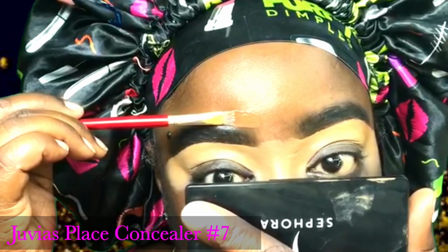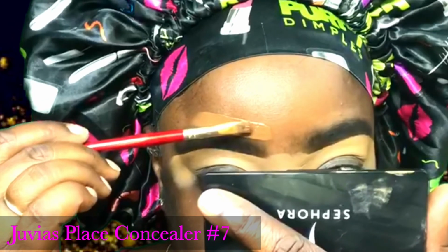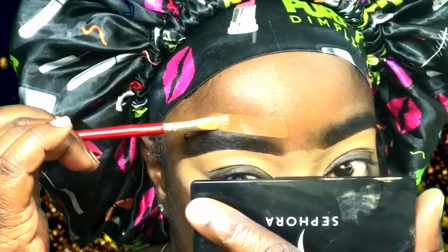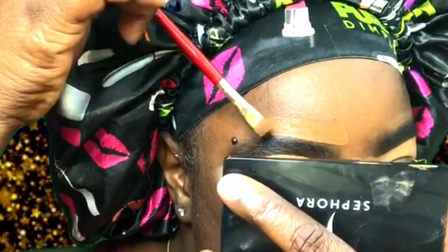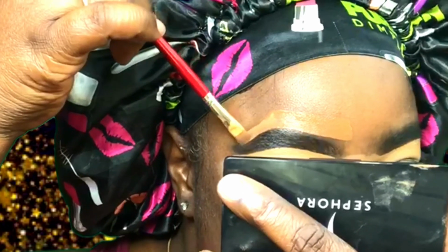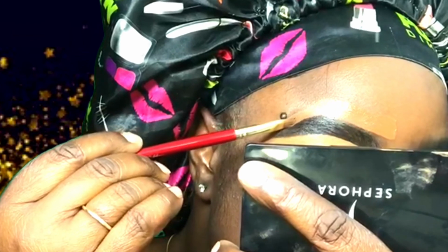Next is the Juvias Place Concealer in the number 7, which is the closest color to my skin tone. I like putting on a concealer or foundation over the brow because I don't like the halo effect. You guys knew from my last video, that's what I was trying to explain. You don't want the halo effect because you don't want to look like your eyebrows just had fireworks, and here's the halo